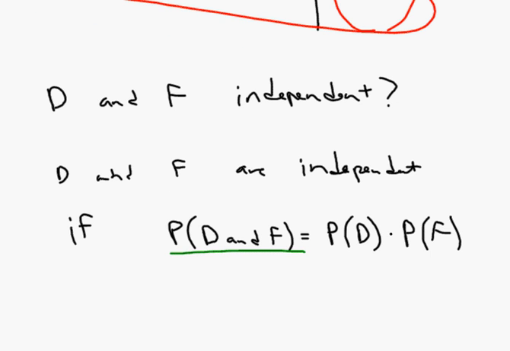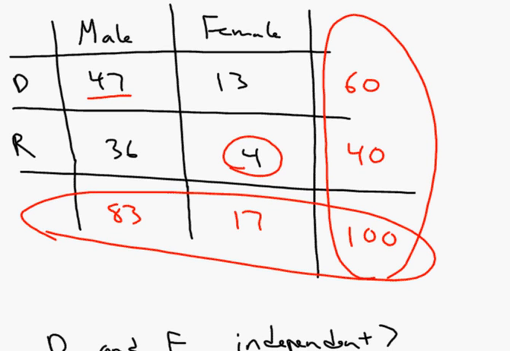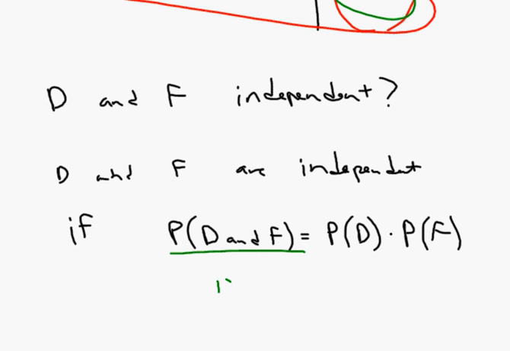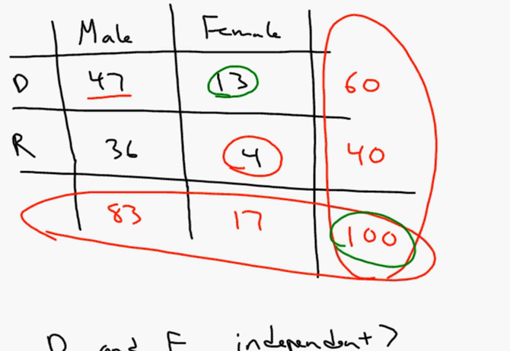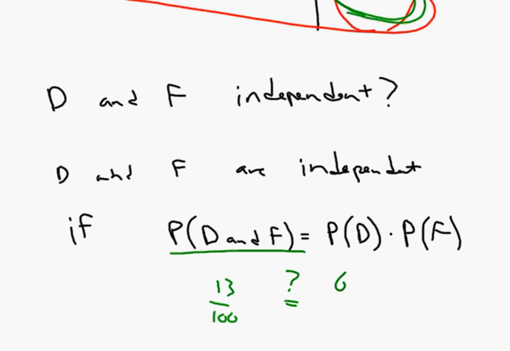So let's find out. So let's find this thing on the left. The probability of D and F, we'll go back up to the table. Democrat and female would be 13 out of 100 people interviewed. So this probability on the left is 13 out of 100. And the question is, does that equal the probability of being a Democrat times the probability of being a female? Well, let's see. Probability of being a Democrat, there are 60 Democrats out of 100 people interviewed. So it's going to be 60 out of 100